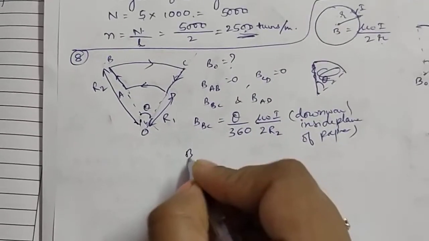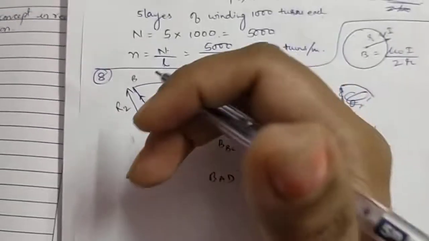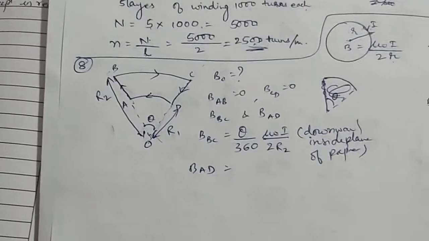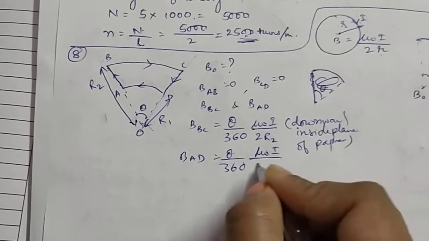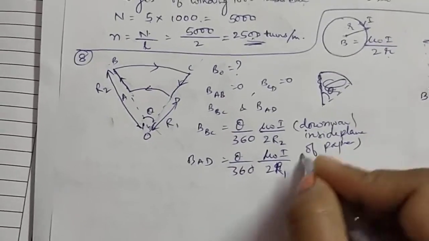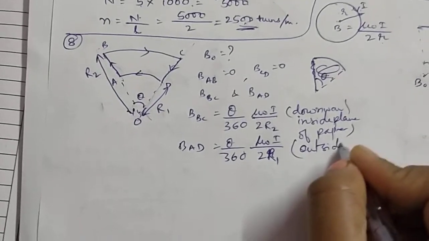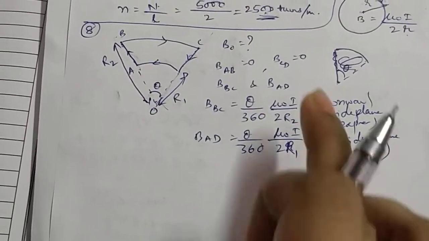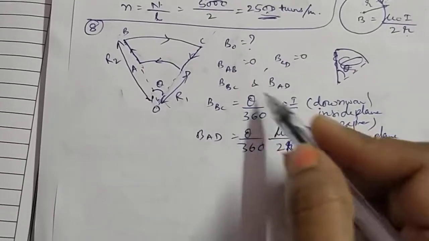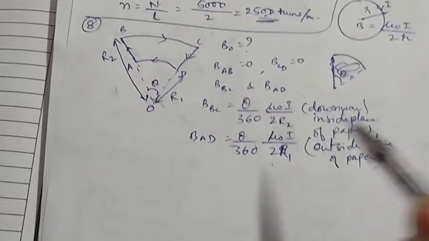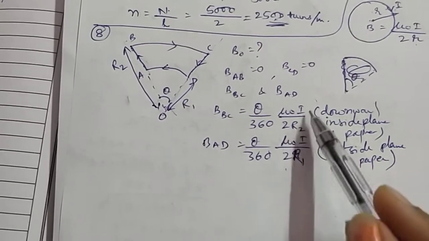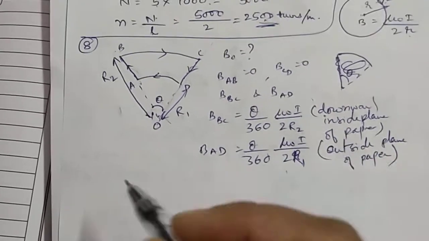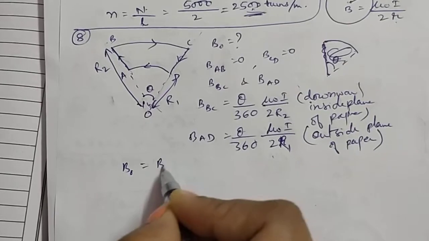And what will be BAD? BAD will be, this is the direction, so upward. So theta by 360 mu naught I upon 2 r1, outside the plane of the paper. Now out of these two, which one is greater? The common part is mu naught I by 2, the same. r2 is bigger, r1 is smaller, which means it goes in the denominator, so this will be small and this will be greater. So my net magnetic field I will take as BAD minus